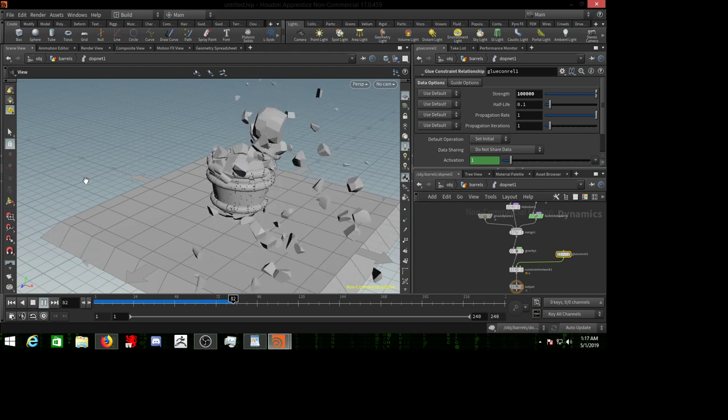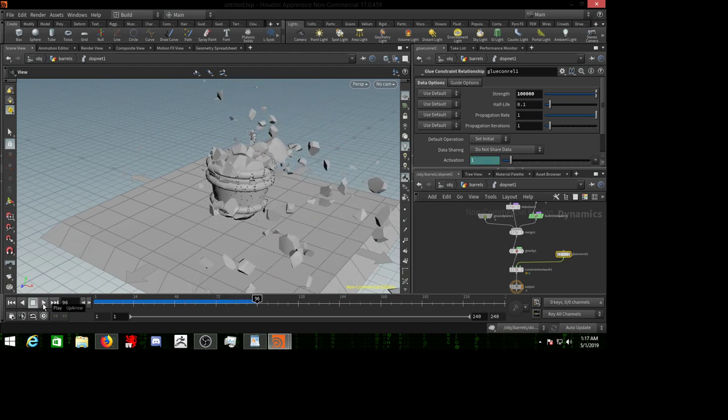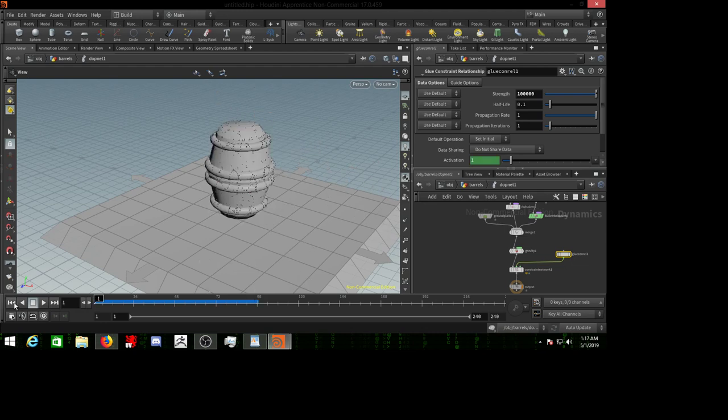And then also you can change the visibility of the sphere so that it looks like the barrel's actually exploding on its own. But you can really mess around with a lot of these attributes just to get the simulation looking the way you would want it to. But for now, I think that's a pretty decent explanation of what I went through, so I'll go ahead and cut off the video here, but I'll do another video as well for the other simulation I did, so